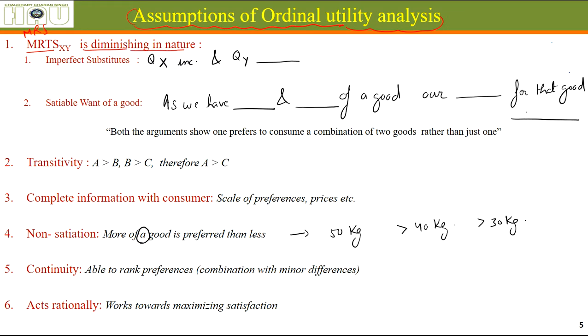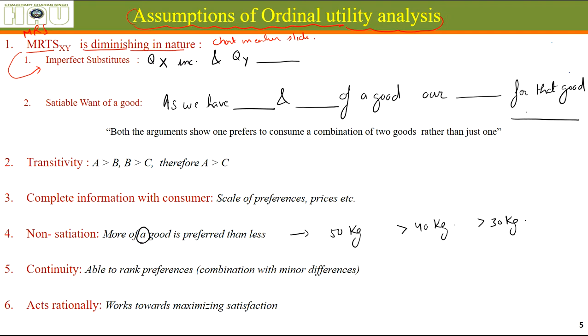I just showed you by the chart in the earlier slide. Okay, why does this happen? It happens because the two goods we are talking about in general are imperfect substitutes. There are very few things which are perfect substitutes of each other. Perfect means we don't care if we have one or the other; both are extremely equal to us. But imperfect substitute means both of them are substitutes but not entirely.